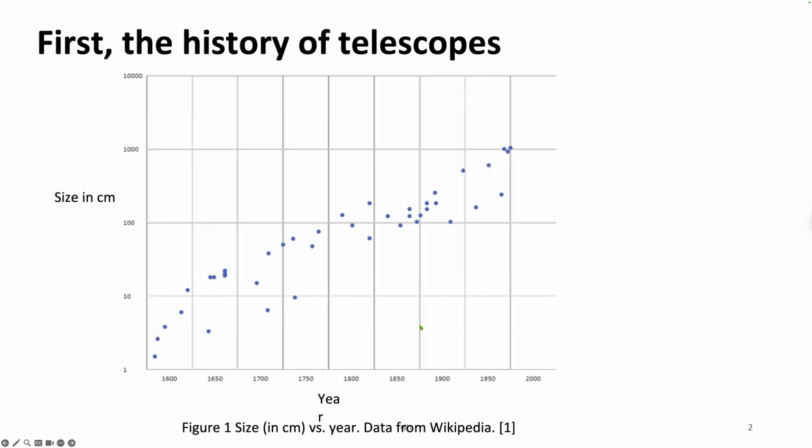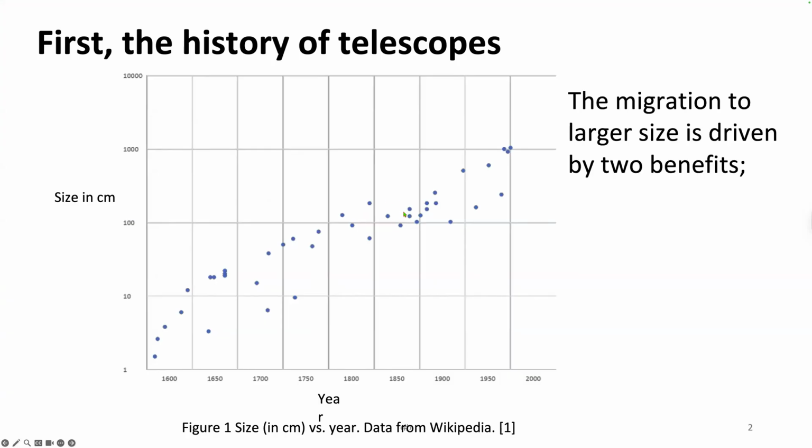So let's jump into the history of telescopes, again, dating back to the very first ones, Galileo, 1600. And you see again a logarithmic evolution: 1 centimeter, 10 centimeters, that's 100 centimeters. So that's a 1-meter telescope. Those started appearing in the early 1800s, but we're not done